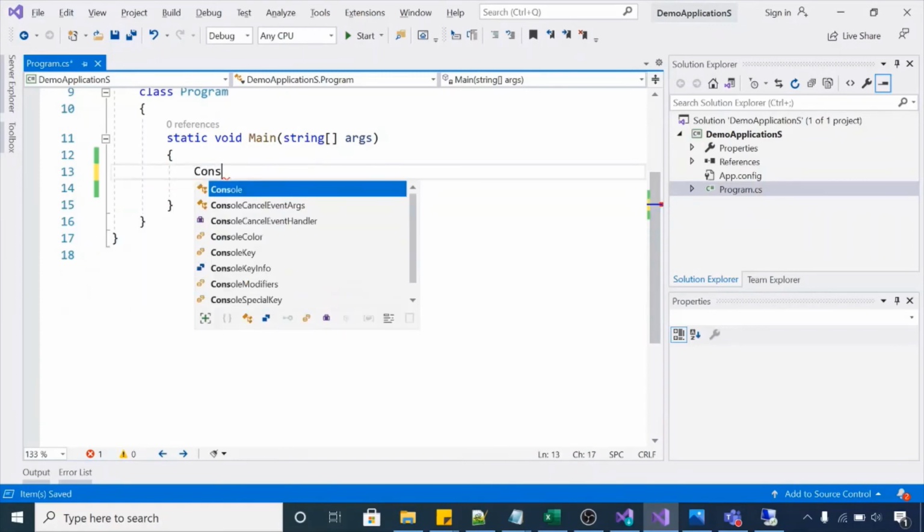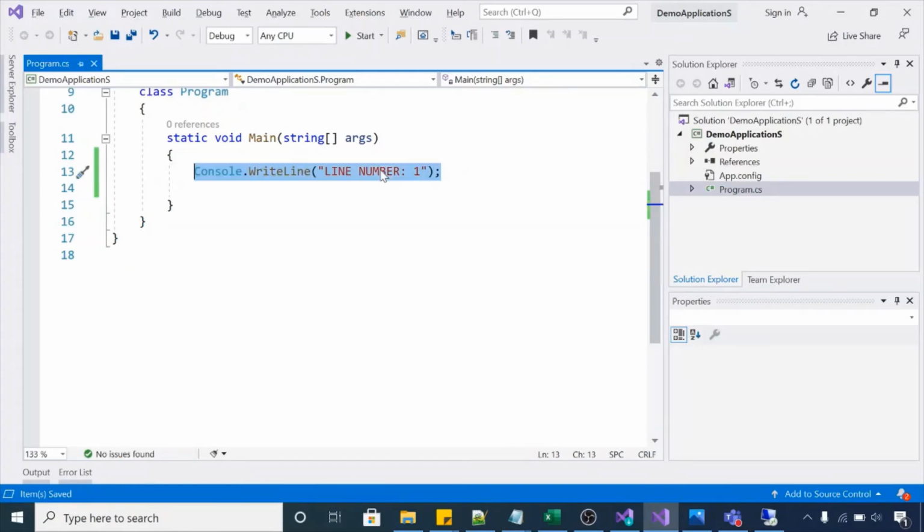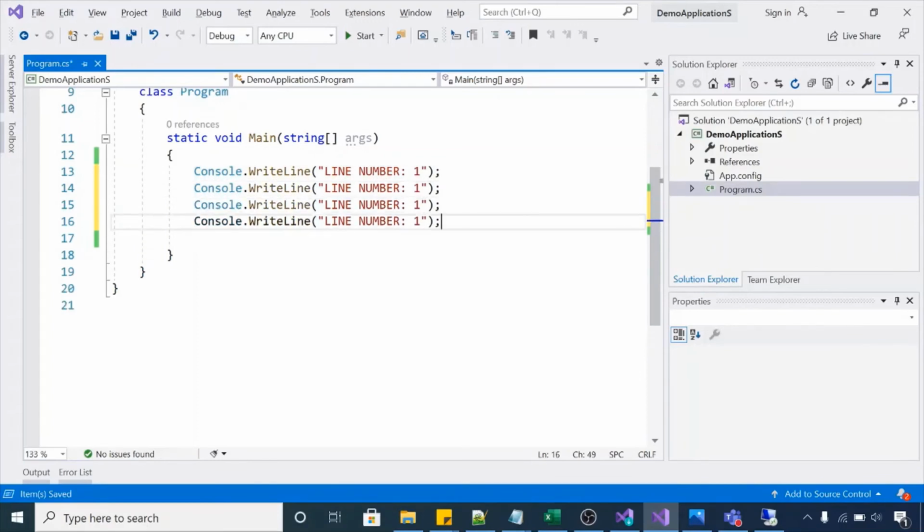I have one Console.WriteLine, and in this method I'm writing line number 1. Similarly I will have more lines with the same code. I will just change the line number to 2, 3 and 4. I will have 5 lines.